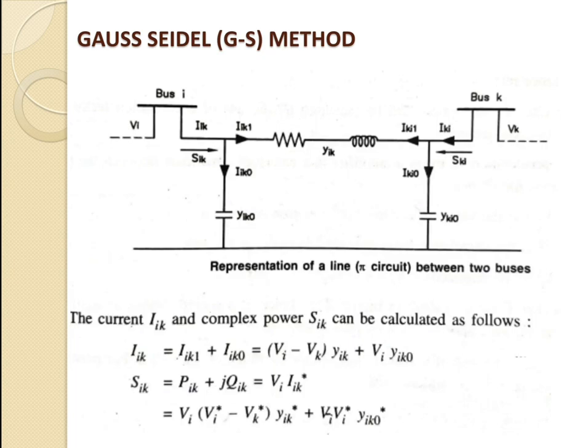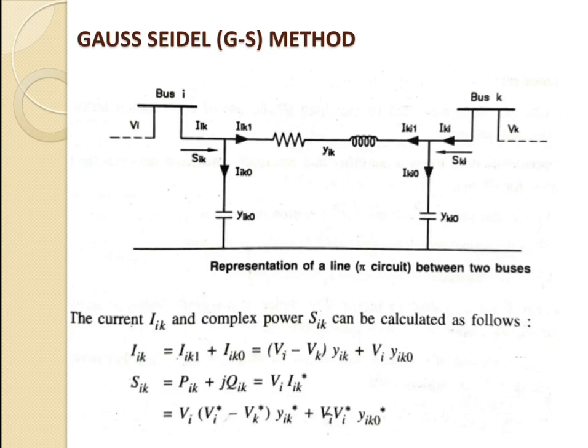If any limit, the maximum value or the minimum value, is violated, then that bus is treated as a PQ bus. But if in the subsequent iteration qi raised to r plus 1 comes within the limit, then this bus is converted back into a PV bus. So to finalize this step in the load flow study, calculation of the line flows.